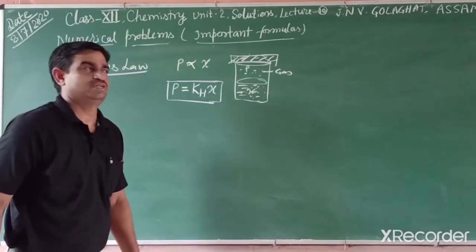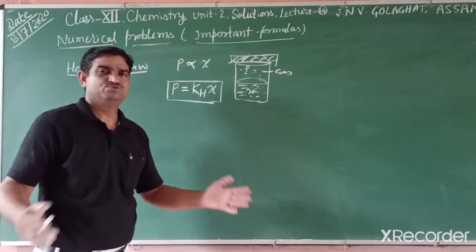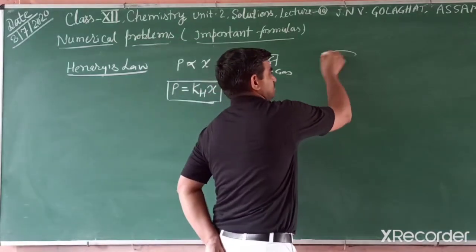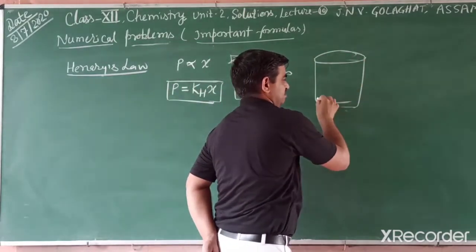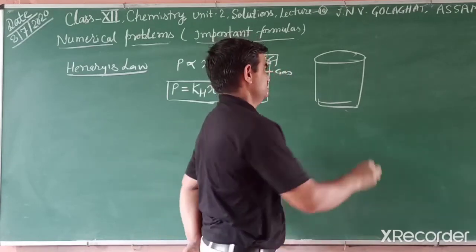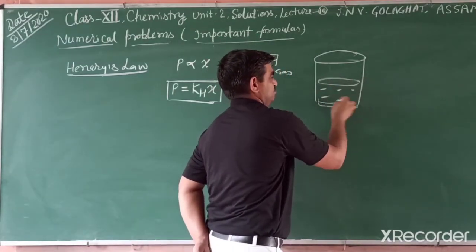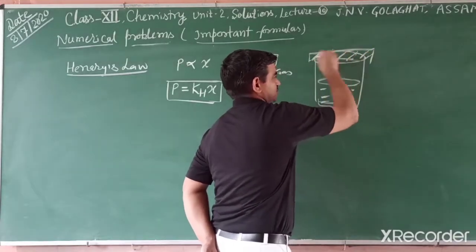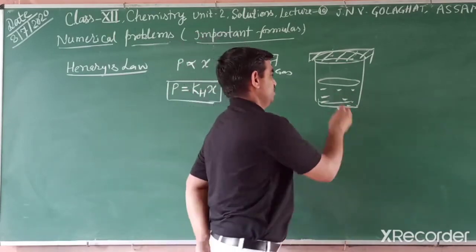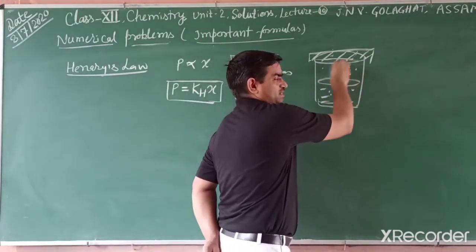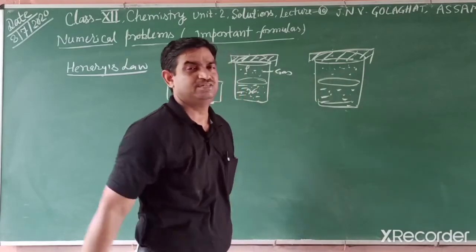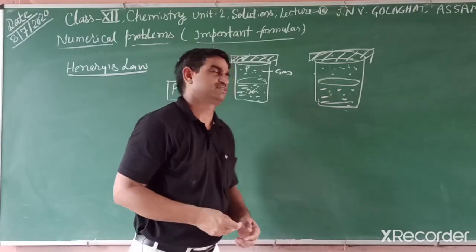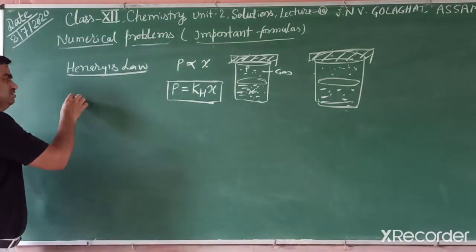Another one, Raoult's law. Raoult's law is in two ways, if both the components are volatile. Students, we already discussed a binary solution like alcohol and water present in this container. If you make a closed system and we fix alcohol and water, there is a partial pressure, and the partial pressure of alcohol and water is directly proportional to their respective mole fractions. We can say this is Raoult's law.